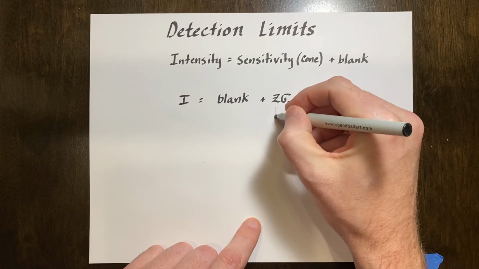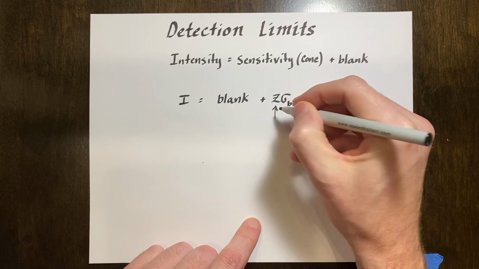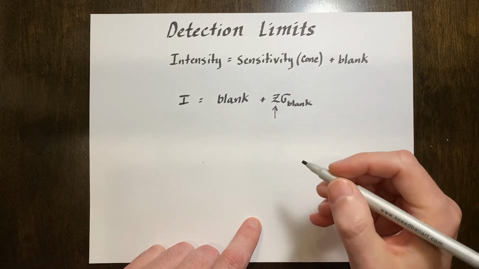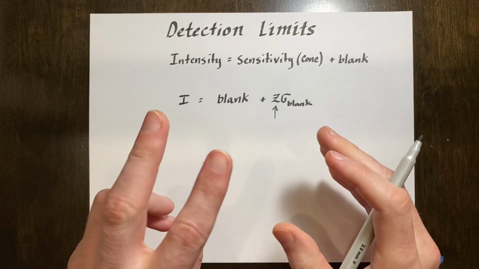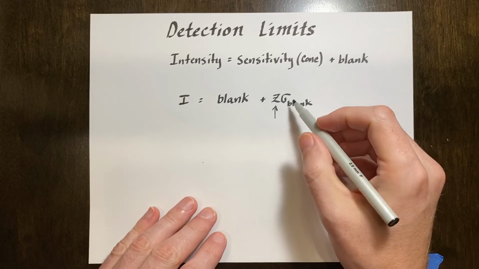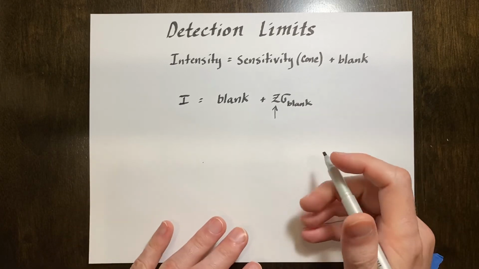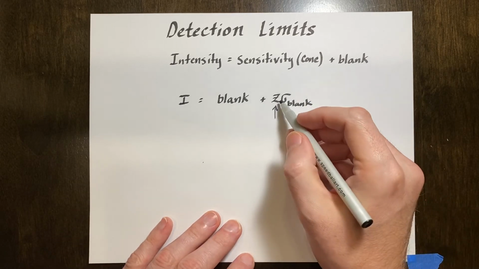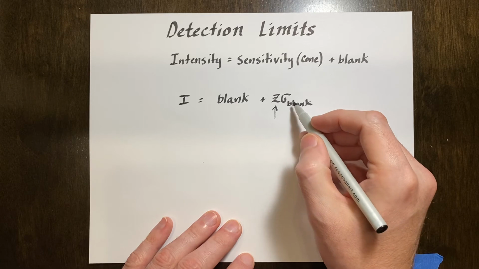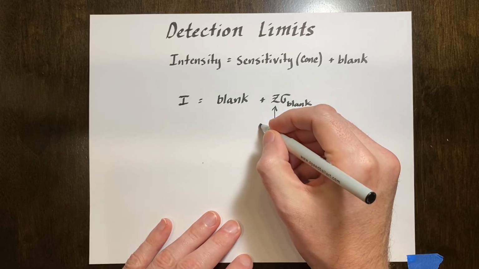Let's go over a couple of different multipliers that we could use, and what those would actually entail. So if we say 3 times the standard deviation in the blank,